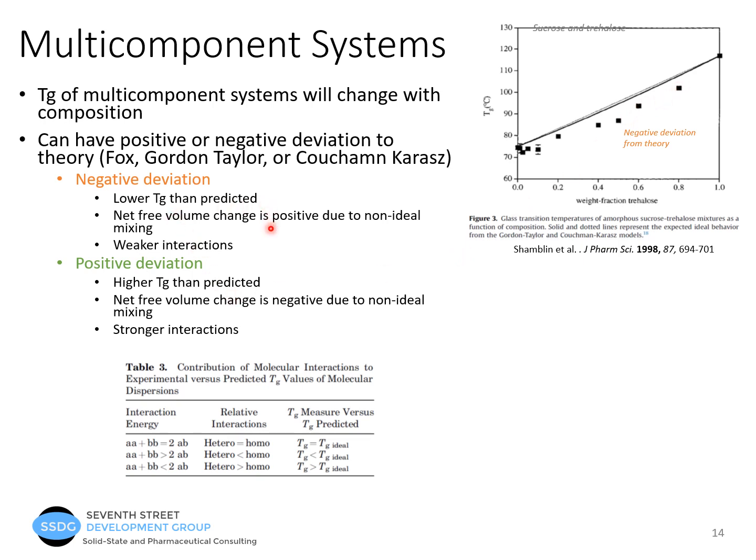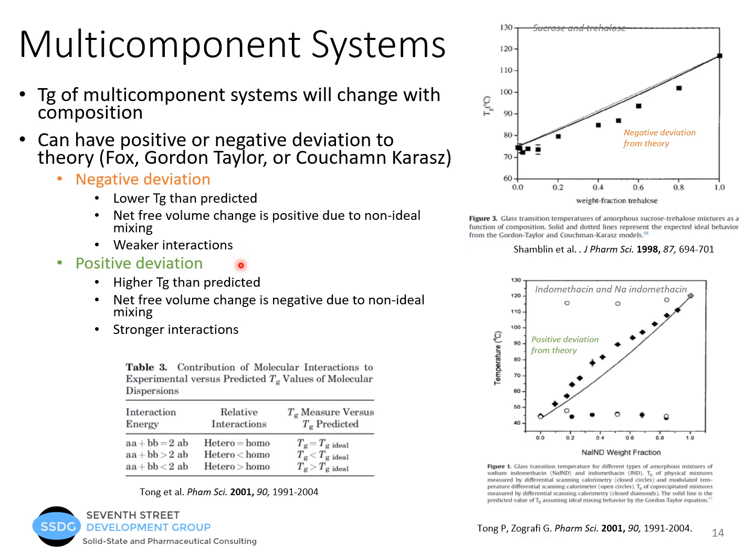And this is due to the net free volume change, and this is positive due to non-ideal mixing. And also sometimes we can have weaker interactions which will cause our Tgs to be lower than predicted. We can also have a positive deviation where we have higher Tgs than predicted. This is due to, again, the net free volume change is negative due to non-ideal mixing, and we may have